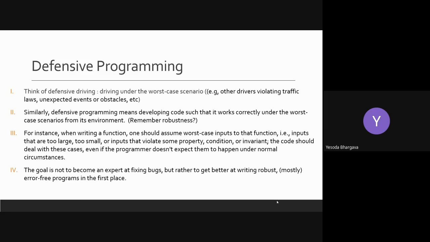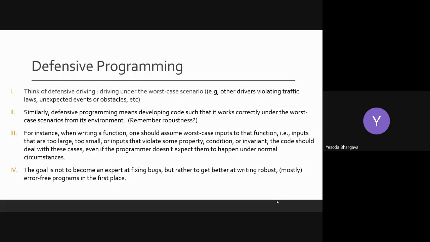So defensive programming originates from the fact of challenging our own assumptions most of the time. If we had not put in the assert, we would have assumed that the input is an expected type of input. That is why defensive programming takes care of worst case scenarios.